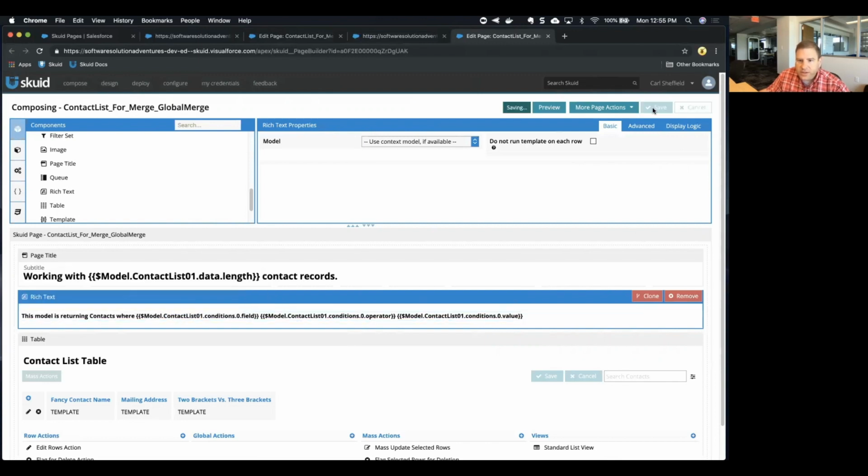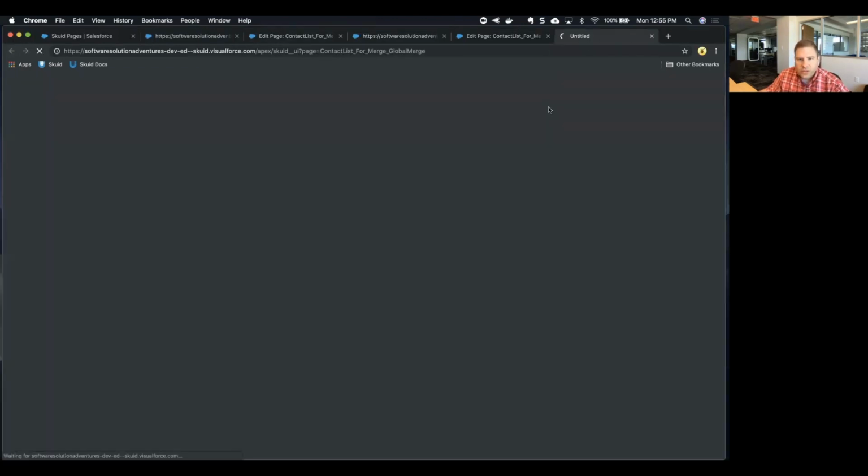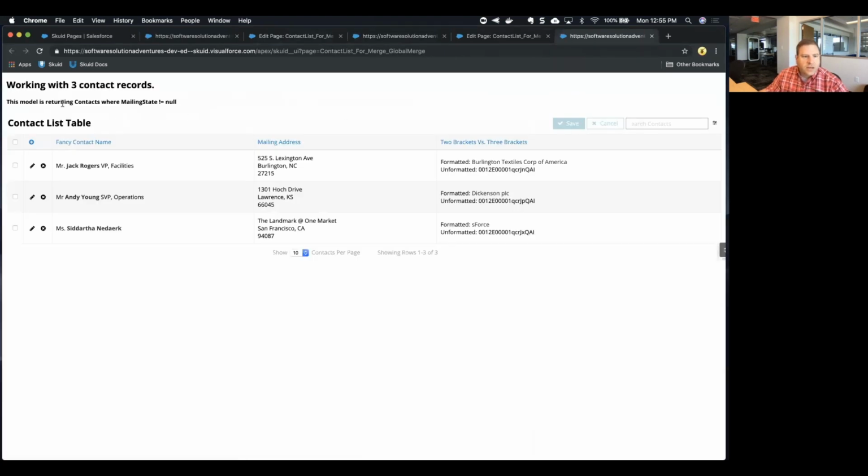Let's save this page and then preview it, and we'll see that it's a line that explains what's happening with the model condition. This model is returning contacts where the field used in the condition is mailing state, and then the operator is not equals to, and then finally the value is null. So this is a way to show the page user what's happening with this model. Let's go look at